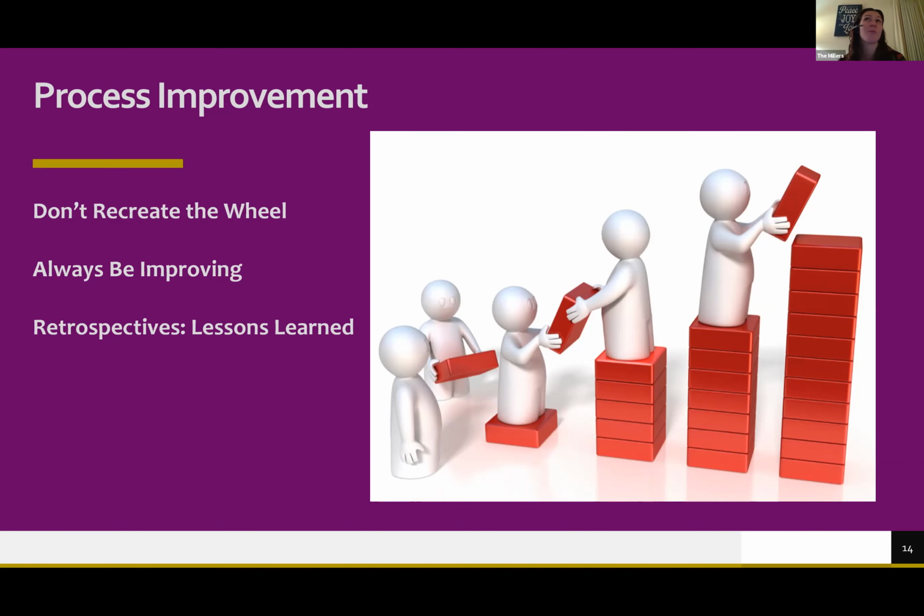Ask everybody in your chapter, what's one thing you want us to start, one thing you want us to stop, and one thing you want us to continue. Have everybody write it down on a sticky note, and then go up and stick it on the wall under those categories: start, stop, continue. You can do this with a whiteboard or Google Docs. Over Zoom as well. So you don't have to wait till after COVID to start doing this. But it's good to have everybody write it down first.